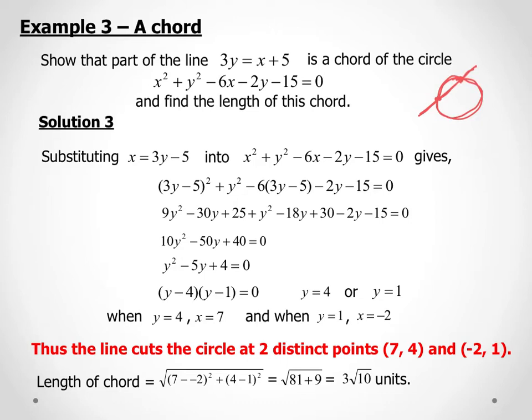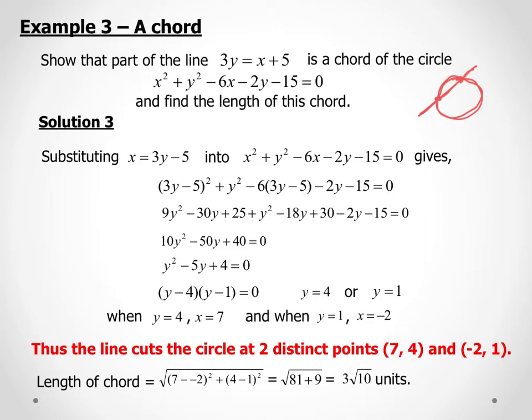Let's substitute the equation of the line into the equation of the circle. That's how we solve it simultaneously. So instead of 3y equals x plus 5, I'm going to make x the subject. So x is 3y minus 5. And then we're going to substitute that into the equation of the circle. So everywhere we see x, we're going to write 3y minus 5. So this is x squared, (3y minus 5) all squared, plus y squared minus 6 times (3y minus 5)